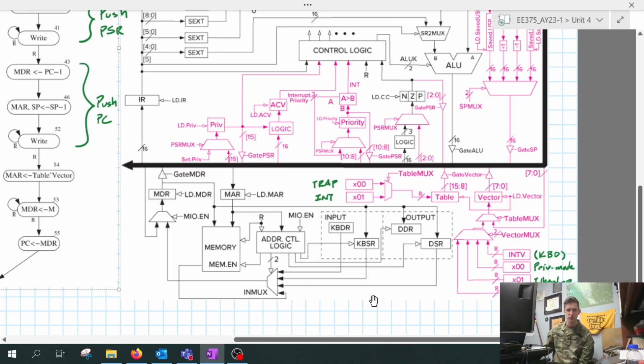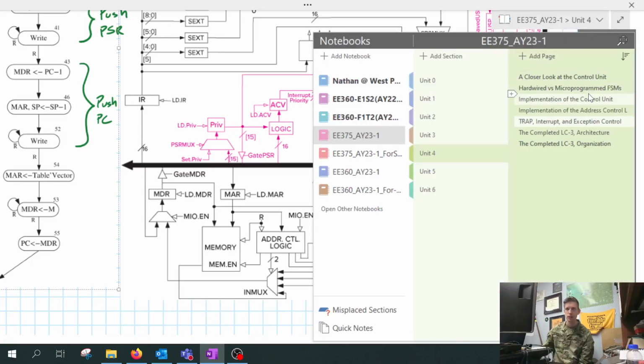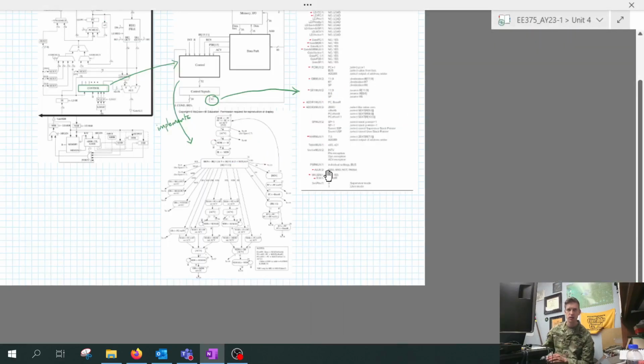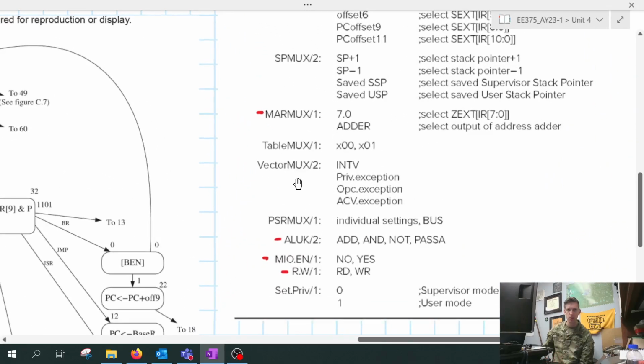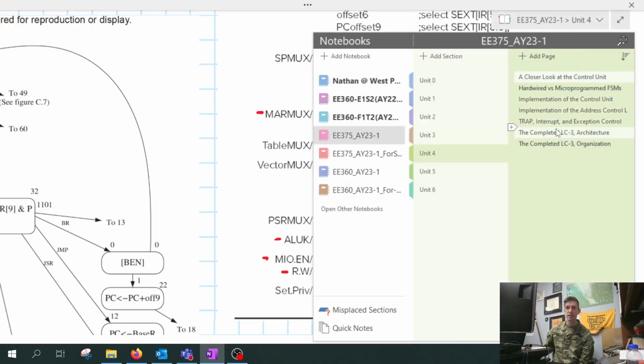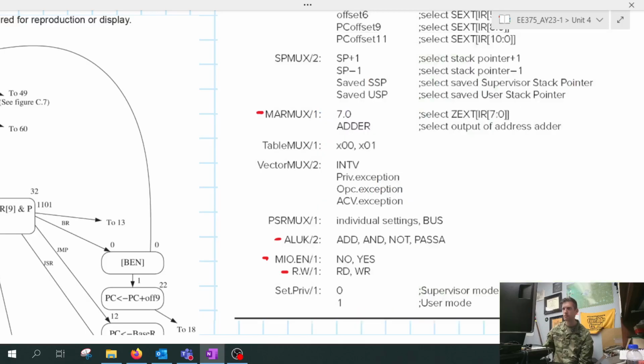And these values, you might notice, match the control signals for my vector mux. So here, if it's 0, I'm choosing my interrupt vector. Otherwise, I've got a privilege mode exception, opcode exception, ACV exception. It's kind of interesting to note also, let's see if I can pull it up,